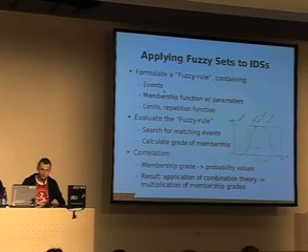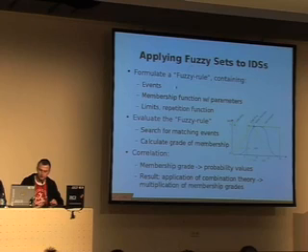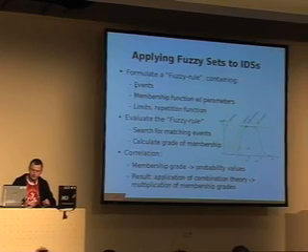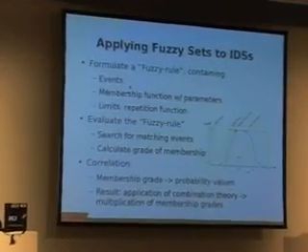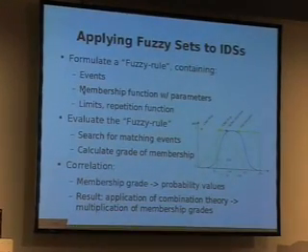The first one would be to formulate a so-called fuzzy rule. Each fuzzy rule must contain the events we're looking for. Each event gets a so-called membership function assigned, with also the parameters which can modify the shape of the function, and also limits and a so-called repetition function. The repetition function is responsible for catching multiple events when multiple events match the rule, and you are only interested in the first or in the last event or some kind of